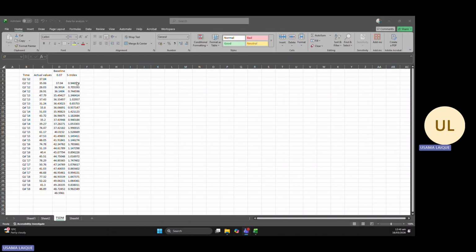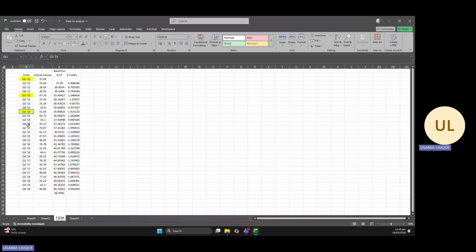Now, after estimating the seasonal index, the next step in the time series decomposition model is to estimate what we call the average seasonal index. How to estimate the average seasonal index and what's the logic behind that? So what if we take all quarter one values? By that I mean this is a quarter one value, this is a quarter one value, and so on